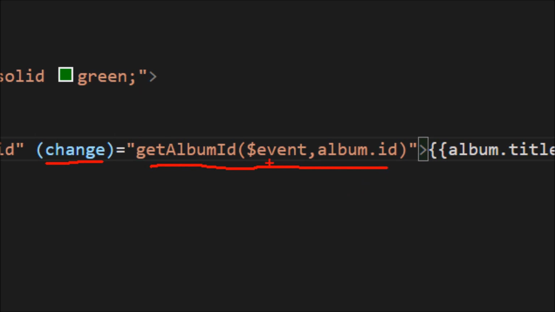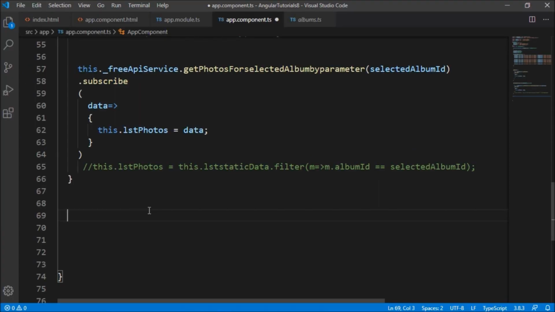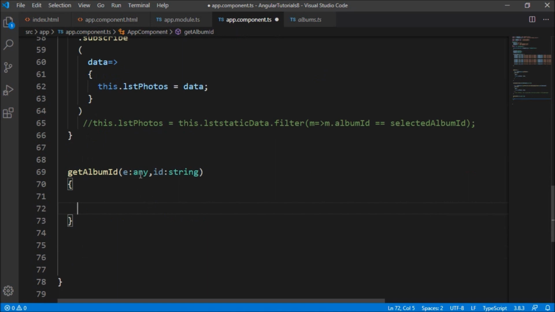Here I'm going to pass the event and the selected album ID. That's it. So let's create the method named getAlbumID in the app.component.ts, with the event and the selected ID.